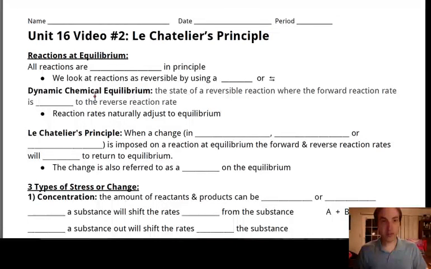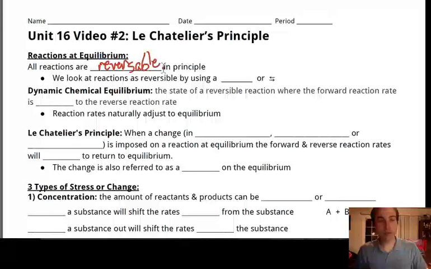We're going to talk about something called Le Chatelier's principle, and this is going to build on what we talked about yesterday in video 2 in terms of reactions and the rates. So the first major concept that we're going to talk about here is reactions at equilibrium, and the first key idea to this is that all reactions are reversible